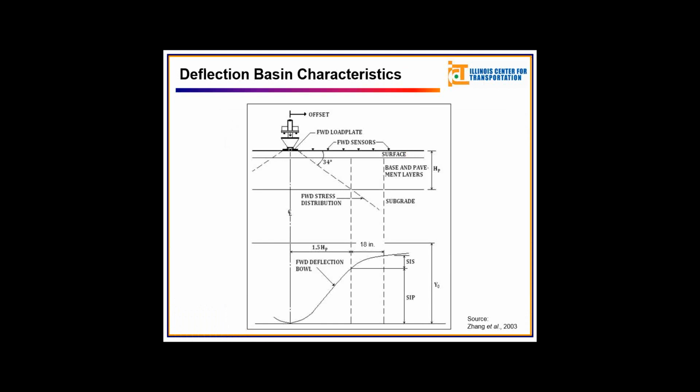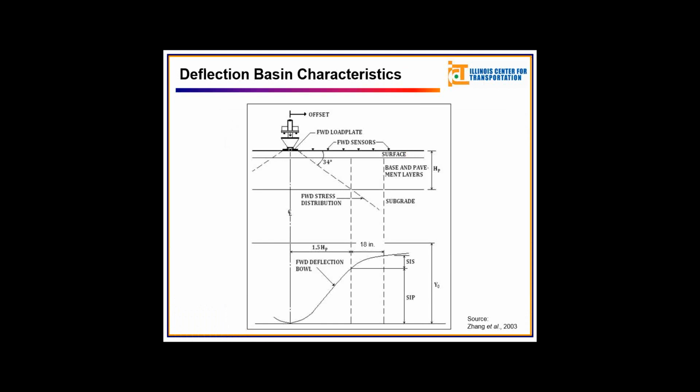So if somebody takes a look at that measurement, one can tell how the subgrade is doing under traffic load conditions. There are other indices as well, like the base curvature index and surface curvature index, to